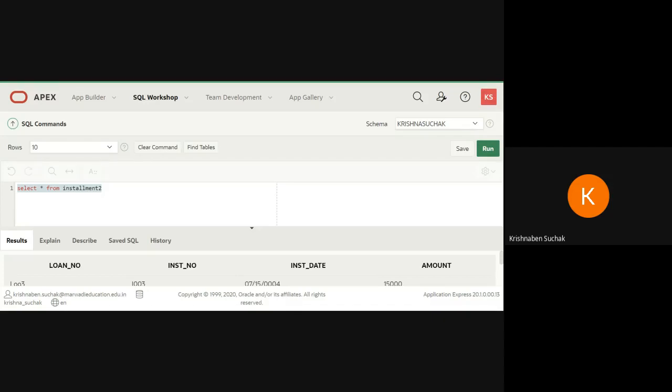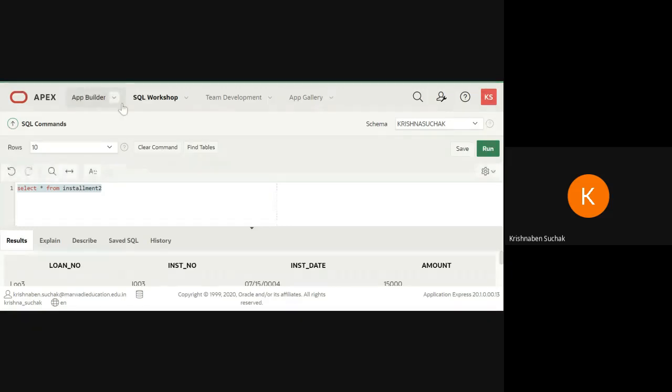So our next query is, perform delete operation. You have to delete a particular row. So let's say you are deleting L003.